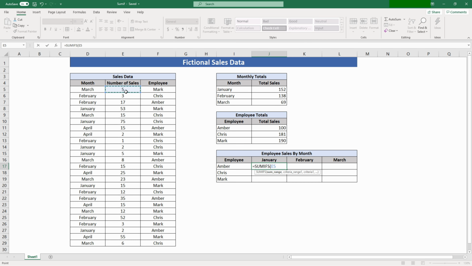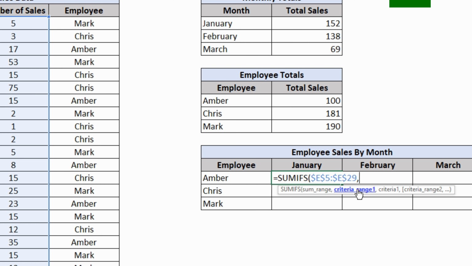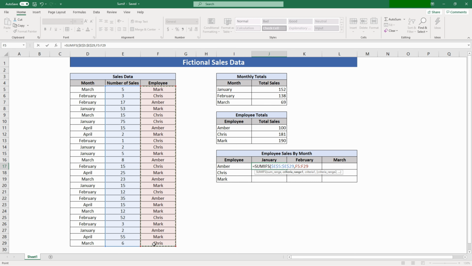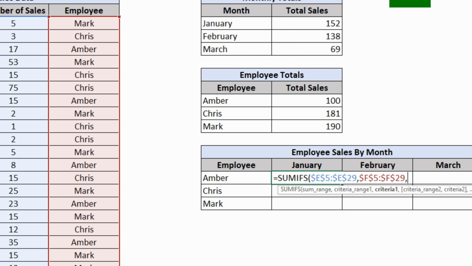Let's drag our mouse cursor all the way down on the number of sales section and hit F4 for absolute referencing. Hit comma. Now, the first criteria is we are going to look for Amber first. So, this is the criteria range. We're going to select cells F5 through F29 and hit F4. This is the range that we're going to look for the name Amber in. Now we're going to hit comma. Now it's looking for the criteria that you would like to find in that specified section in red. So for this one, we're going to select